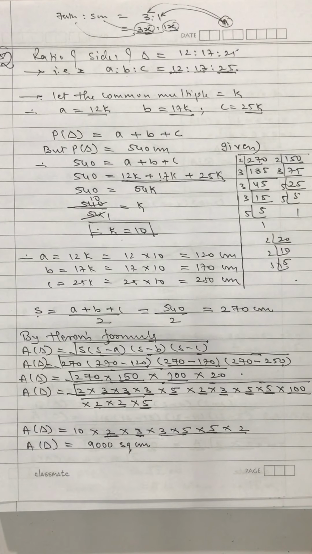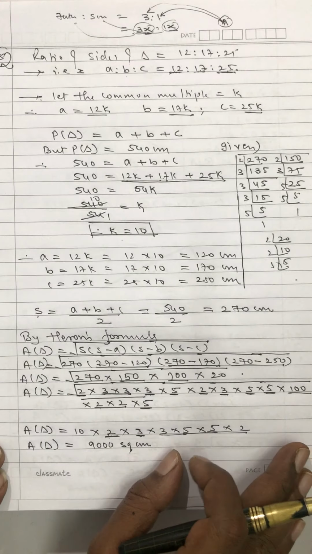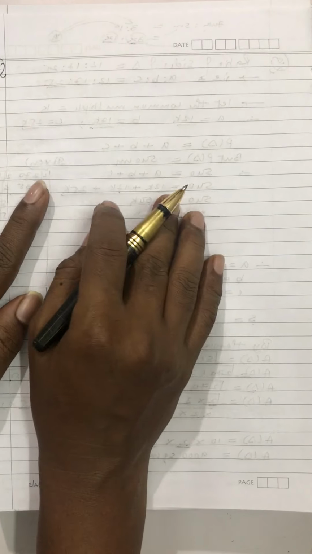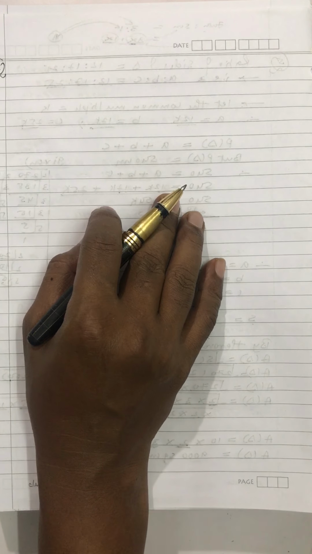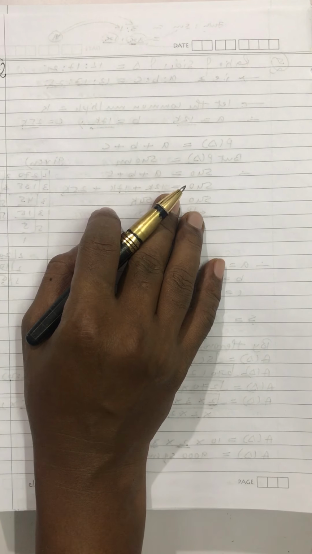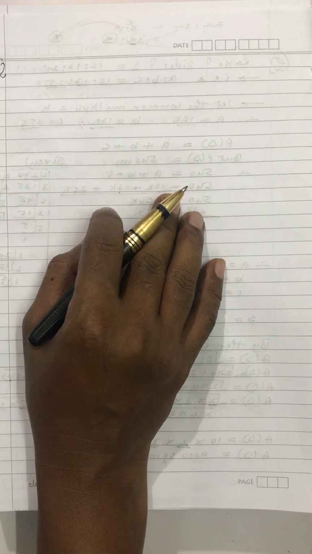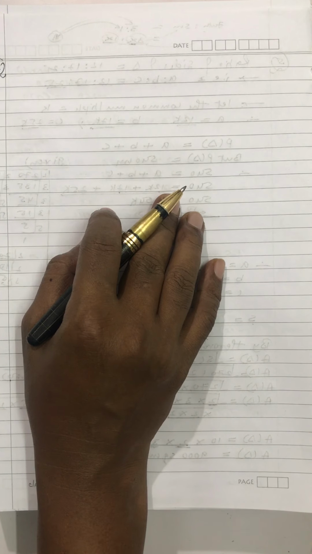Okay, so we have finished with the fifth question. Now we can proceed for the sixth question. Sixth question is actually again simple. All these questions, only third question is such that A, B and C are separately given, properly given. In A they have given two sides and not given the third side, but they have given the perimeter. In fifth one they have given all the three sides in ratio, which one we did now.